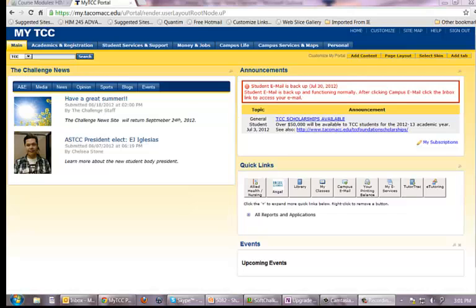Hi, let's explore the TCC Student Portal. So everybody's student portal may look a tad bit different, but generally it's similar to this and it has similar functions. When you first go into the portal, you're on the main page and you can see information